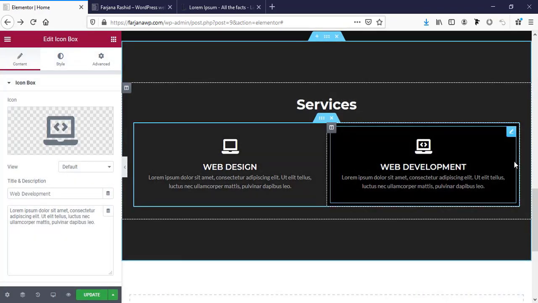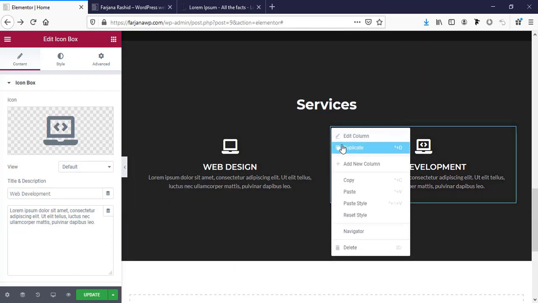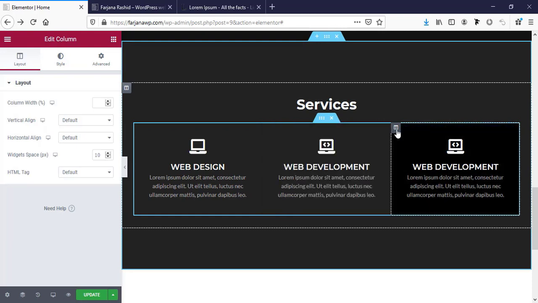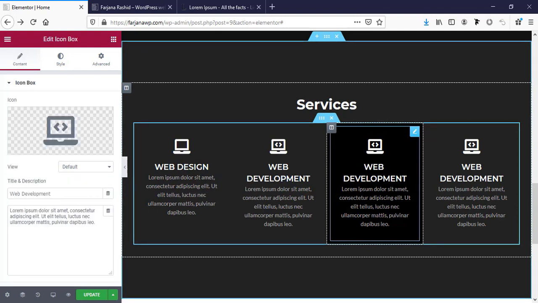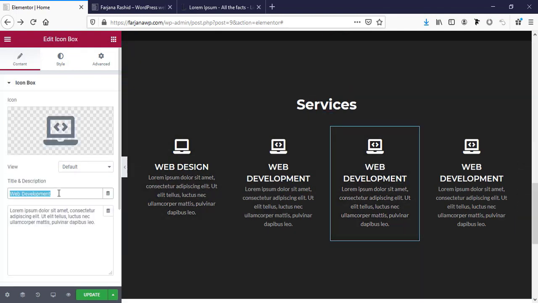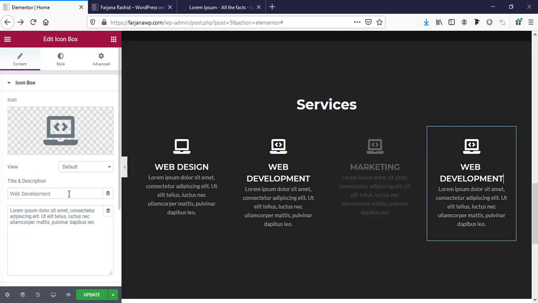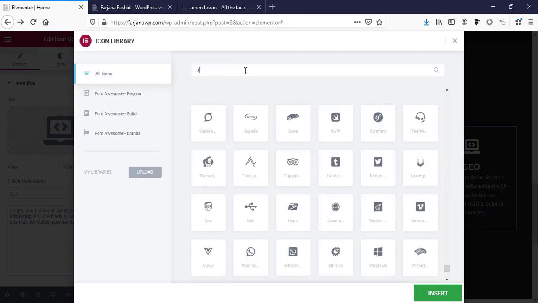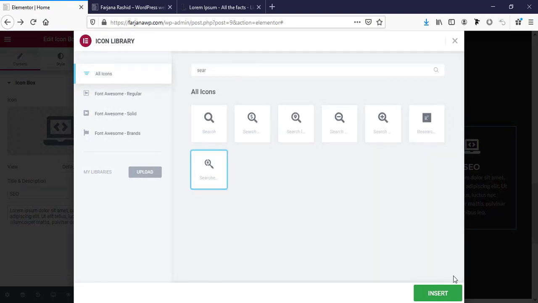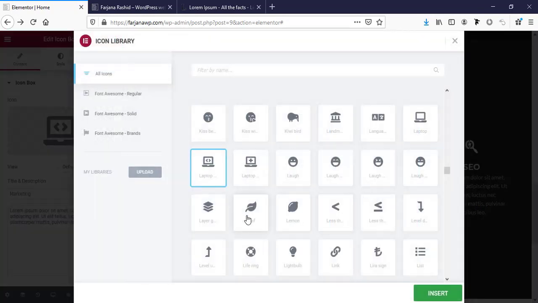and you can also add more columns, so I'm just duplicating this column and again duplicating this column, and for the third one we can add digital marketing or just marketing, and the fourth one we can add SEO, and we can change the icon to a different one. I'm searching this one, and for marketing we can add also a different one,